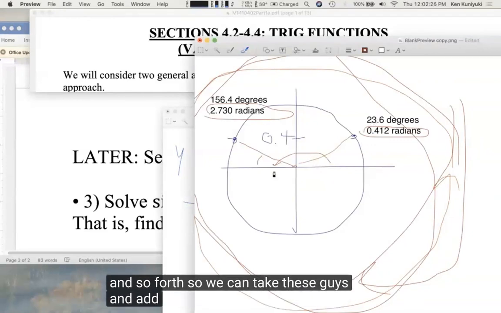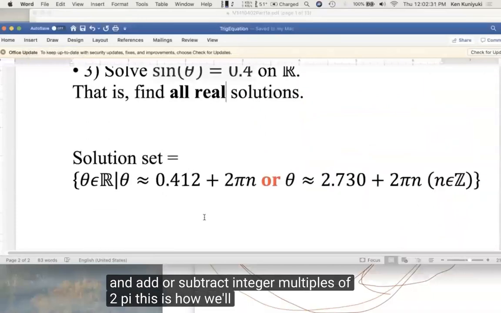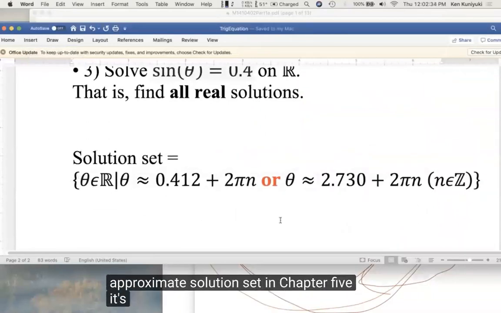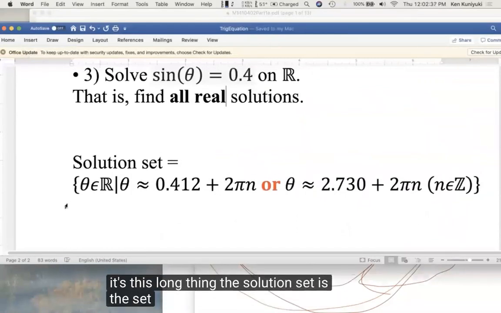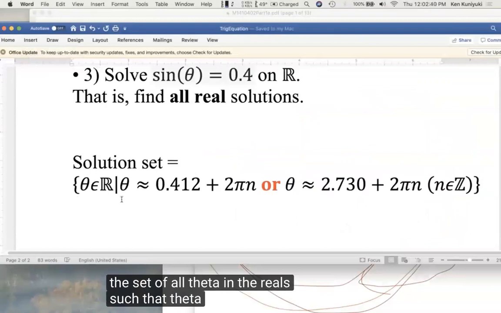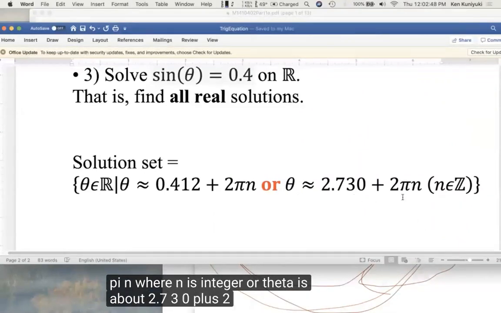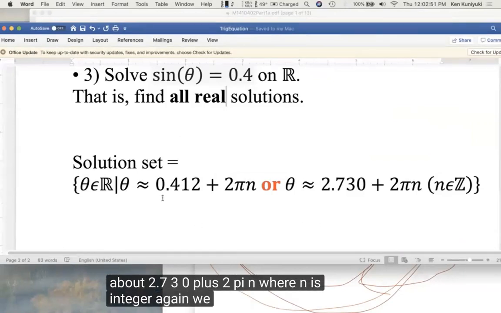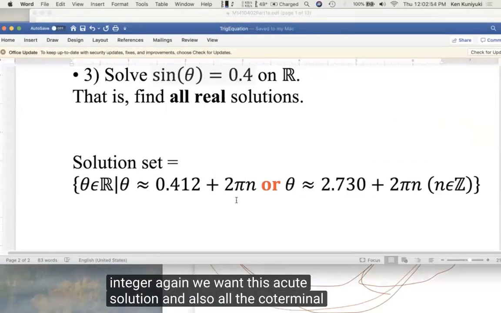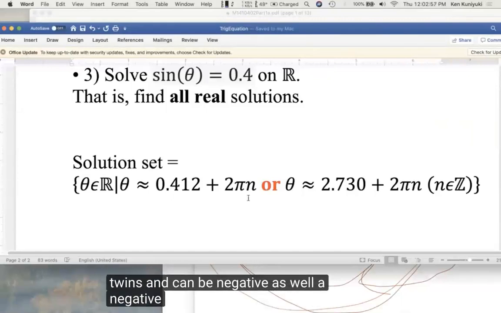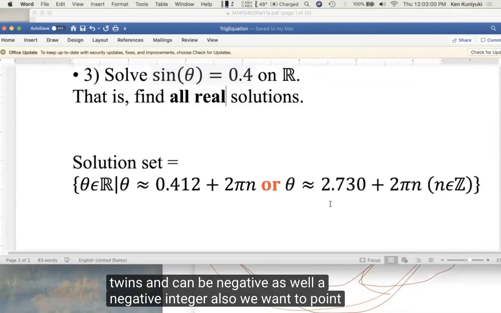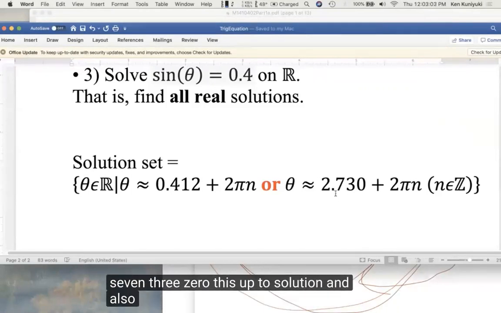So we can take these guys and add or subtract integer multiples of 2 pi. This is how we'll write our approximate solution set in chapter 5. It's this long thing. The solution set is the set of all theta in the reals such that theta is about 0.412 plus 2 pi n, where n is an integer, or theta is about 2.730 plus 2 pi n, where n is an integer. Again, we want this acute solution, and also all the coterminal twins. n can be negative as well, a negative integer. Also, we want 2.730, this obtuse solution, and also its coterminal twins, where n could be 0, a positive integer,